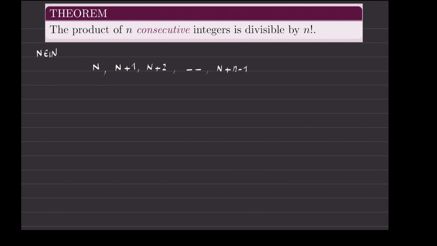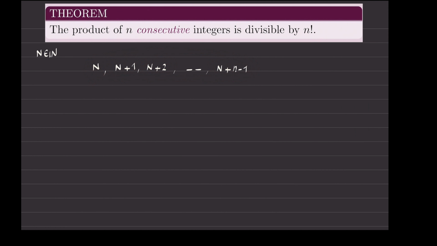Yes, because this is the first one, this is n plus 0. This is the second one, this is n plus 1. This is the third one, this is n plus 2. So this is the nth one. This means that this number should be 1 unit less, n minus 1. Now my goal is to prove for you that if I multiply them, this number becomes divisible by n factorial.